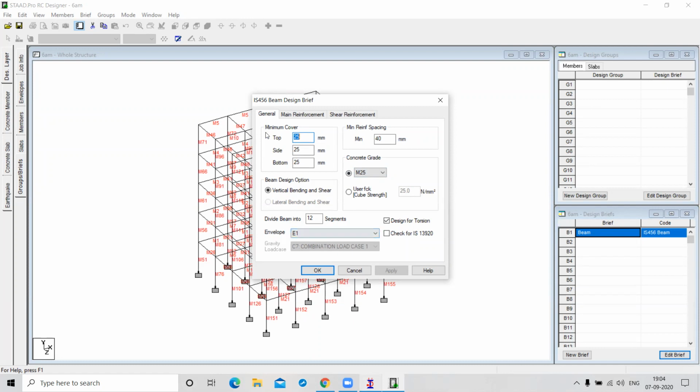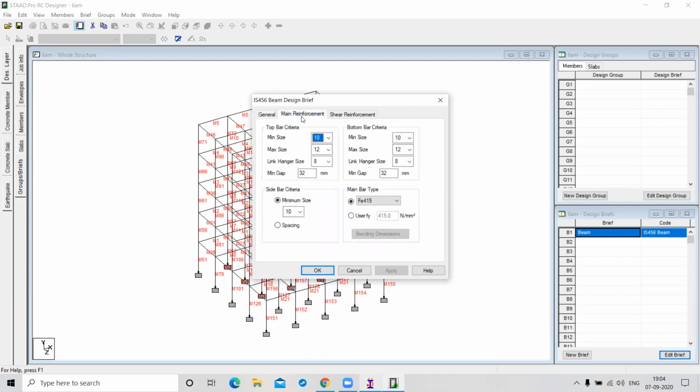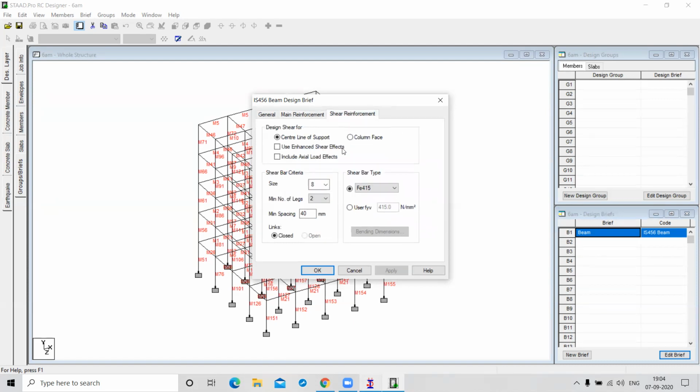Go to the main reinforcement. Here you have to assign the top bar criteria and the bottom bar criteria. In the shear, you have to assign the shear bar criteria. After that, you click on OK.